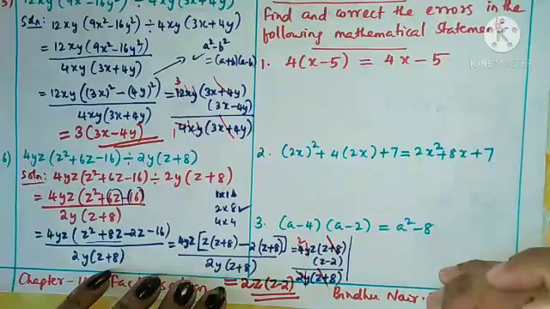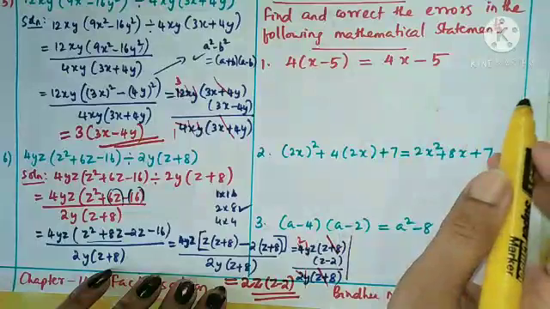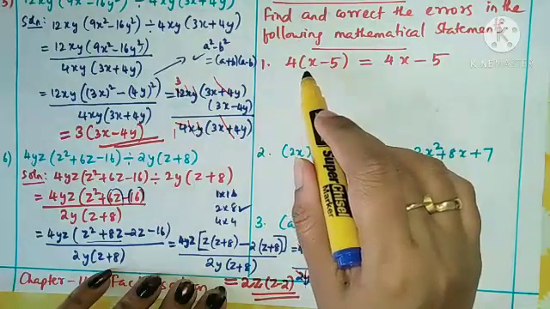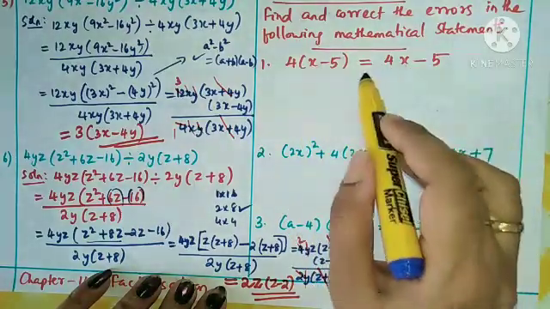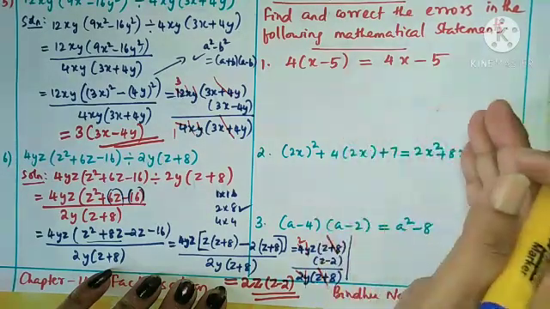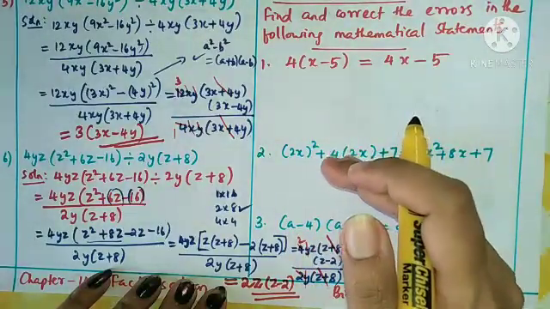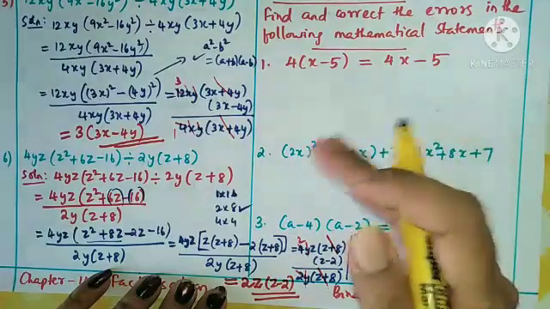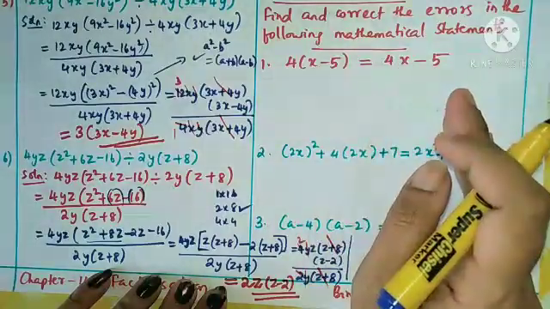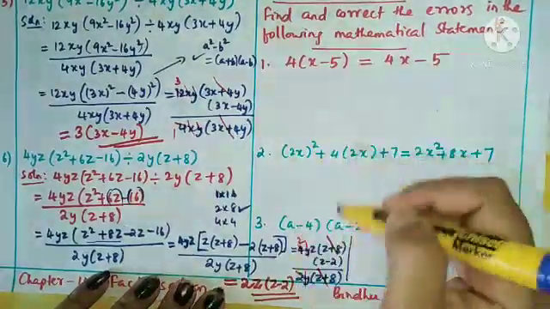So here, given some statements, you want to find whether it is correct and you want to write the correct statement. Okay. So first you do the verification. You want to see whether they are equal or not. Then if it is wrong, you want to write the correct statement. Okay. And we know how to multiply the terms, how to remove the brackets, all we learned earlier. So using all those concepts, using the identities we studied, all the things we are using here, and you are checking whether the two sides are coming equal or not. If the statement is wrong, you need to correct it. So a few questions I have written here.